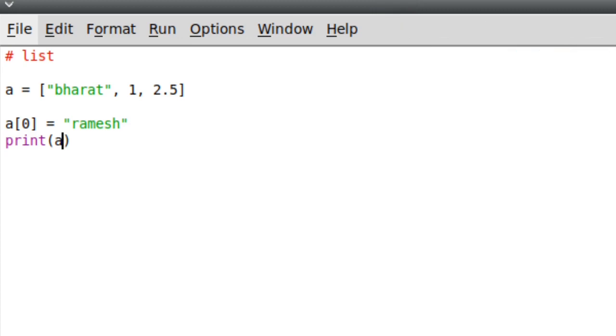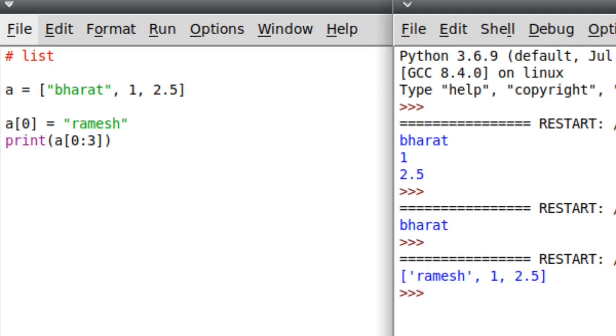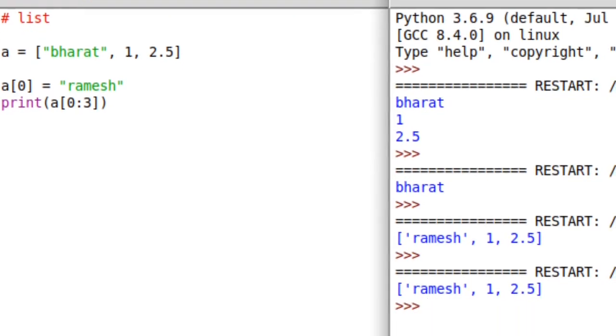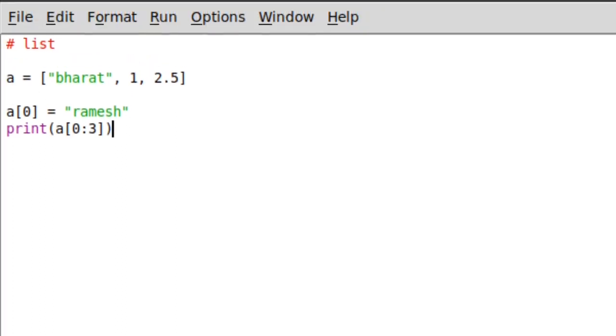One more advantage is this, like if you want, you can define an index number here and you can access up to till the elements. Like suppose if I want the elements of 0, 1 and 2, I'll simply write 0 to 3. So 0 to 3 will give me the position 0 value, 1 value and 2. So we'll see how to do that. So we'll just run that. So this will give you all up to 3. So you will get 0, 1 and 2.